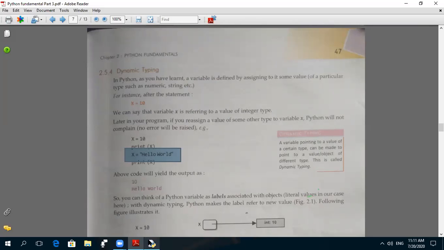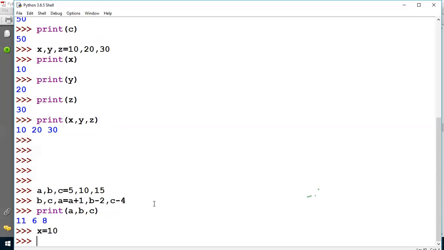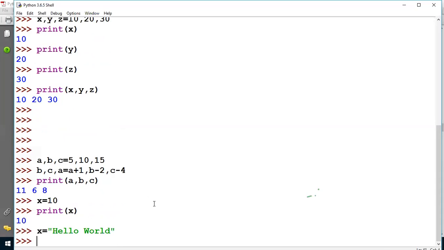See with the help of an example. Suppose first x equals 10 and print x. The value of x is 10. Then x equals hello world. Now print it.